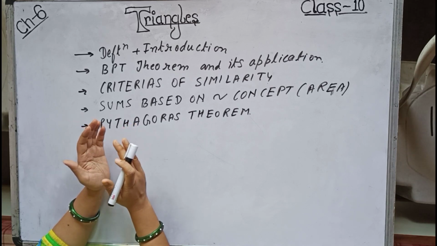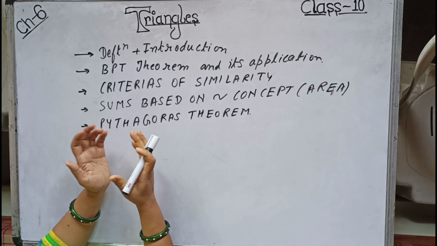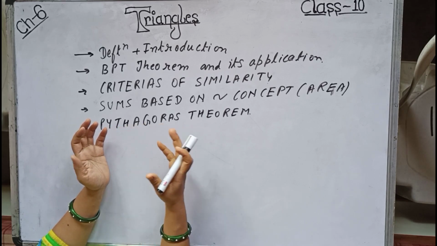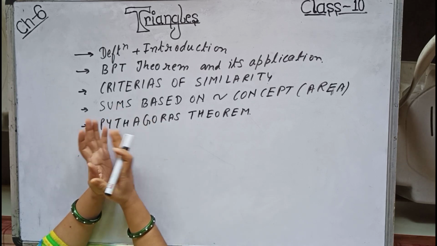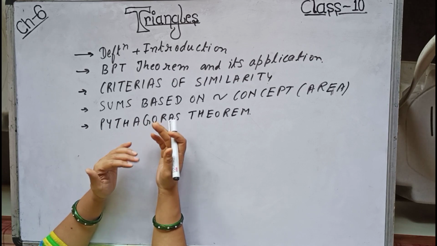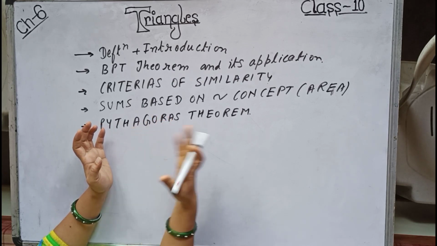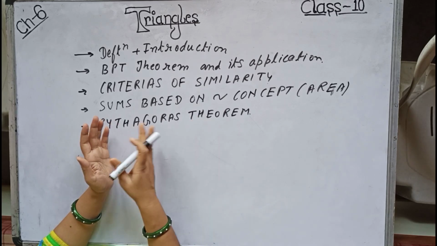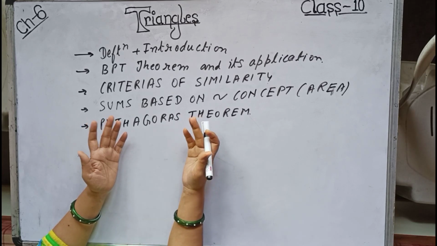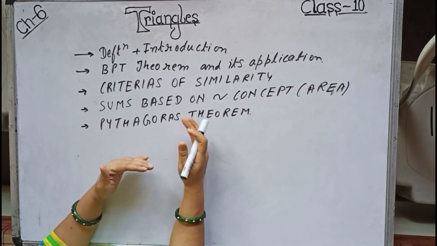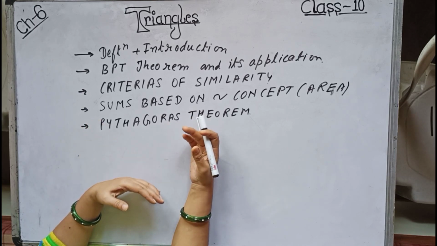Now the examples, I mean number of sums in RS Agarwal are more. In example sums also you can see, at least in one topic you can see in some exercises 72 questions also are there. So whenever you see this number of questions, children, don't be discouraged and leave the exercise. You find the type of the sums, select the type of the sum. Don't do one type of the sum 20 sums. If you have time you practice obviously, but if you don't have time, you select the type of the sums and please do. So in this way, be a smart student.